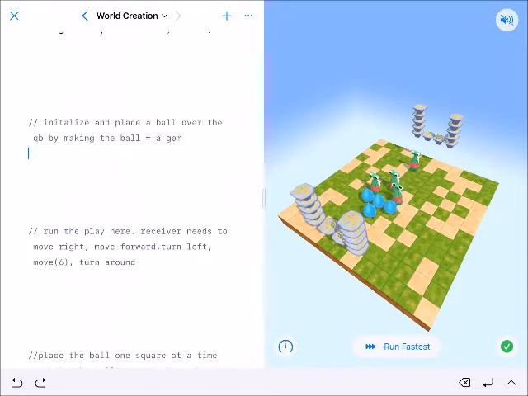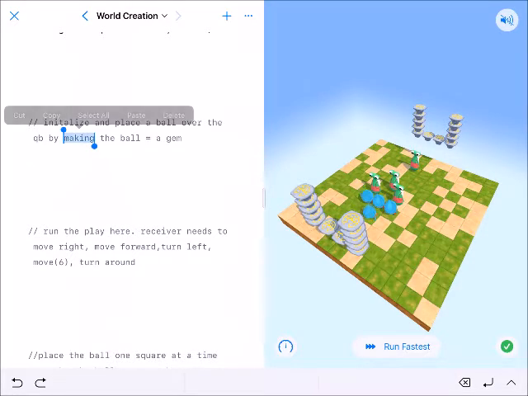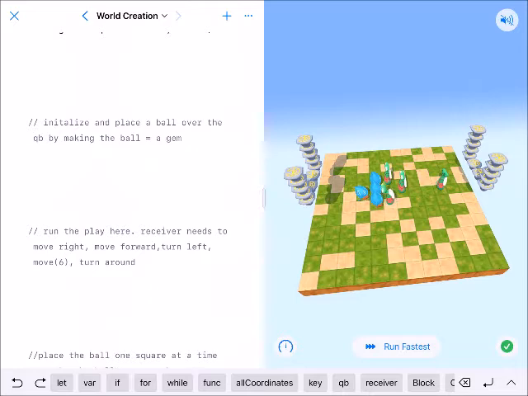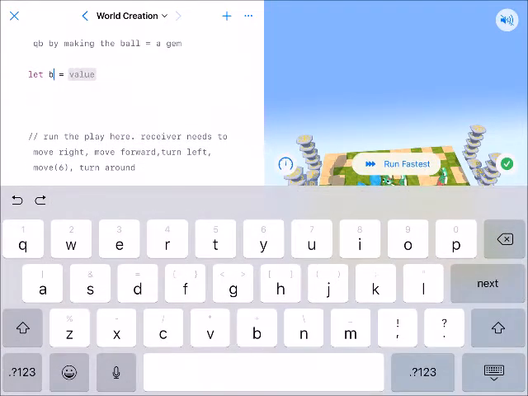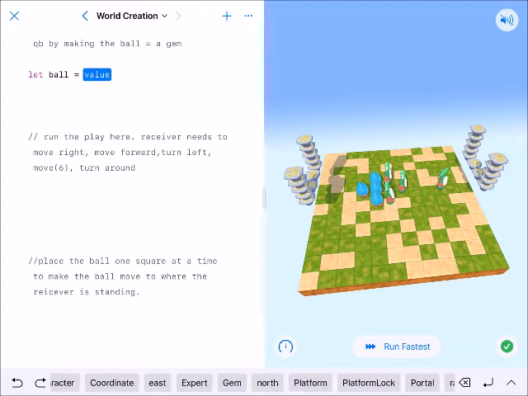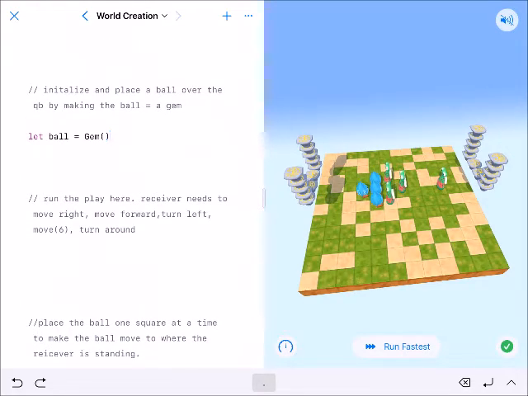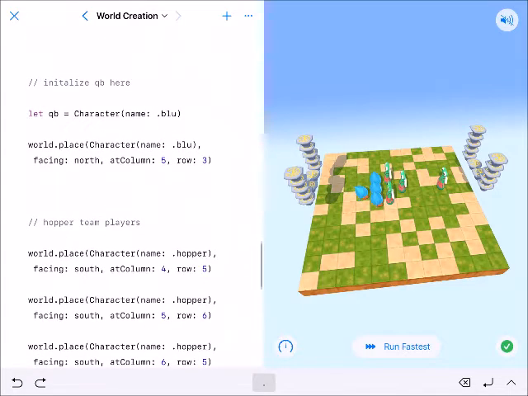All right, so let's initialize and place a ball over the quarterback by making the ball equal to a gem. So we are here, okay, that's where the quarterback is. So we're going to do kind of the same thing that we did before. So let ball equal capital gem, J-E-M, with parentheses behind it. And then we need to place the ball, and the directions say let's place the ball where the quarterback is, there at 5-3. So I'm going to come back over here,